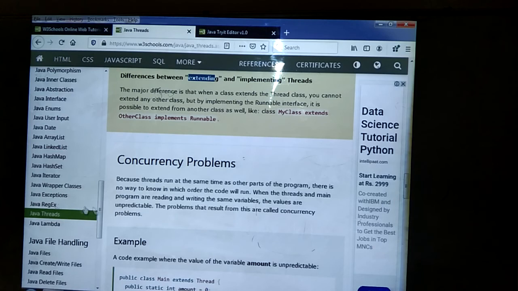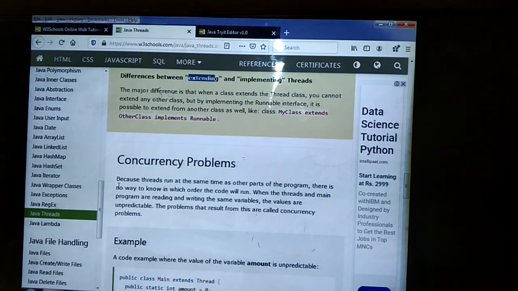Next we can see the concurrency problem. What is the concurrency problem? Suppose one variable we have declared. That variable will be used in the thread and also in the main method. At that time, which one will take that variable will be confused. Threads can run at the same time as other parts of the program: the main method is running and also a background thread is running.